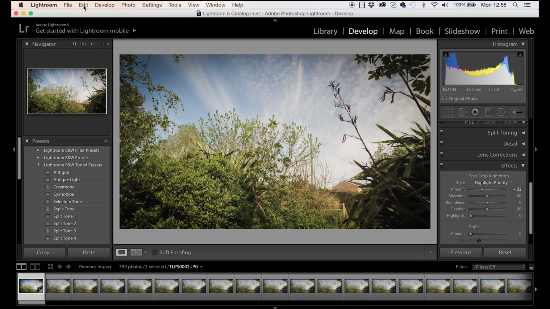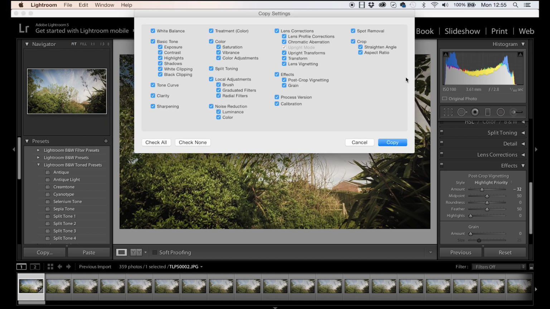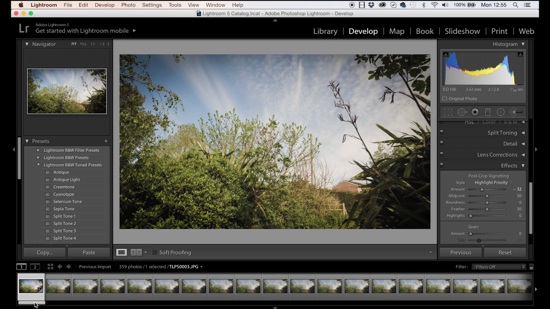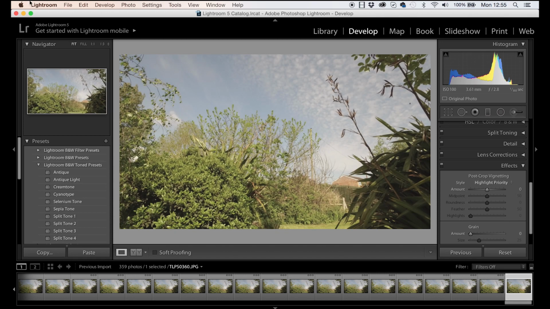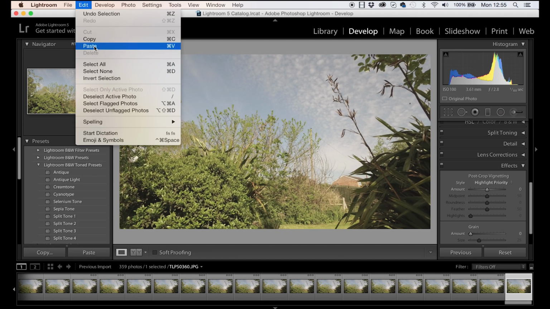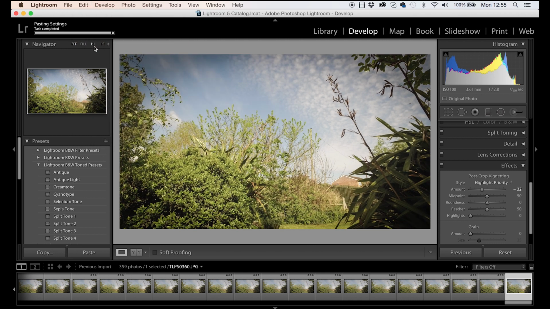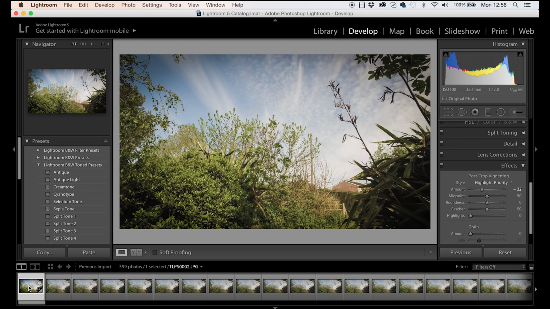So what I normally do is then I copy that. I go edit, copy, and I'll typically just select everything, check all, copy that. And if I go to the very last image in this sequence, if I go edit, paste, I'm very happy with the way it's applied to the very last image. So these settings will work just fine. And then all I have to do now is to apply these settings to all the images. And the way that's done